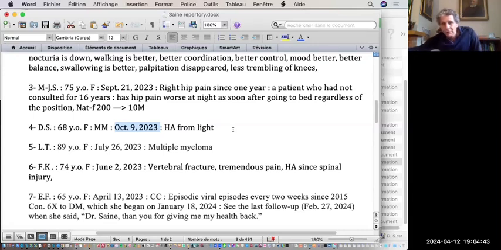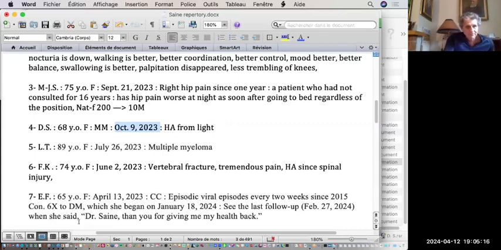Energy, she could walk longer. She had less pain. She had an old fracture in her spine that would give her a problem when she walked too long, and it went away. She had more stamina walking. Instead of walking 20 minutes, she could walk very quickly, within maybe a week or two after taking the azafatida, up to an hour. She has dogs, so she walks with dogs. So again, I would have had trouble prescribing azafatida if I didn't have the MMPP repertory.